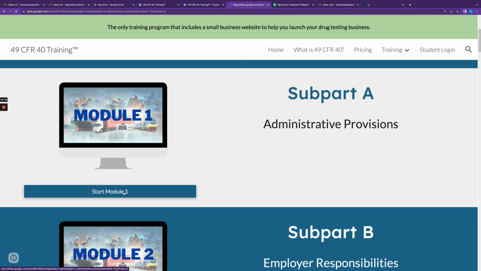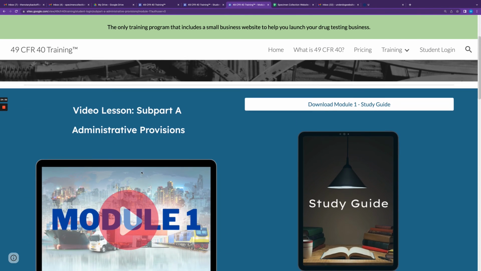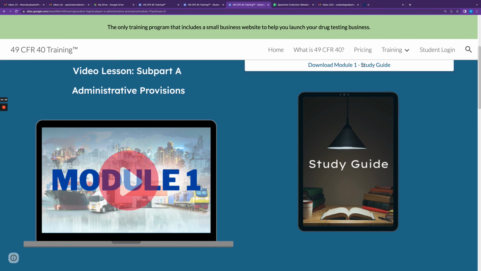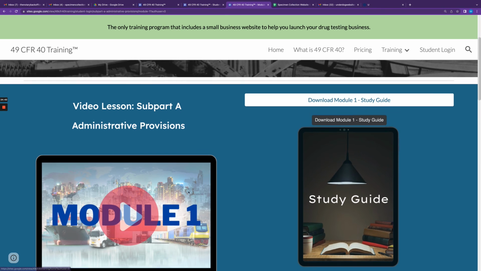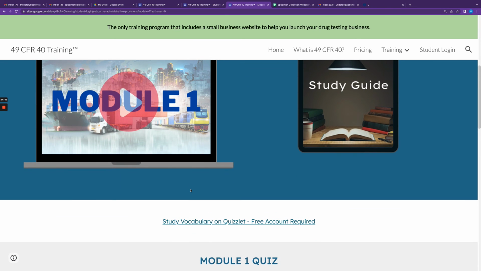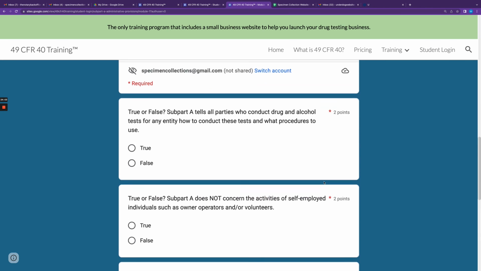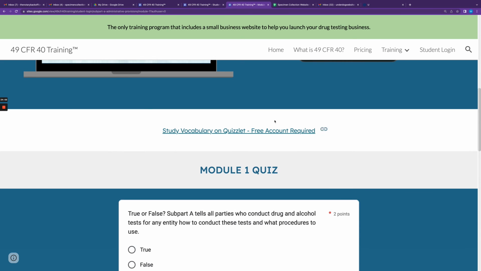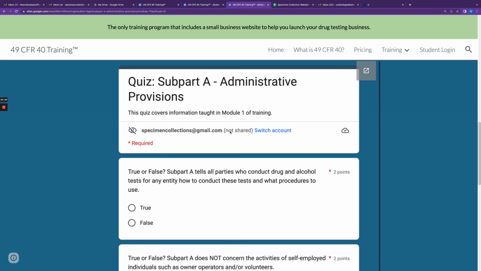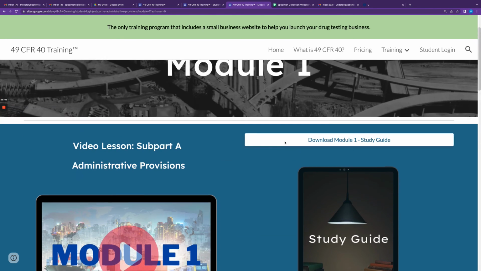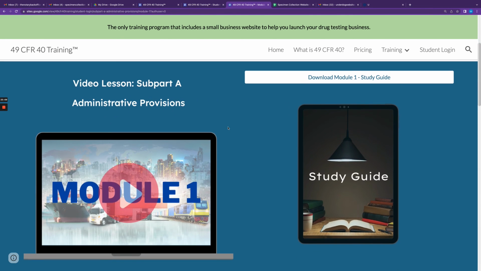So once they log in and go to the module that they're going to start with, then they will have access to a study guide and video lesson. So we have audio and visual, and then we have interactive quizzes that will be included when we can or when it makes sense, because each module will also have a big quiz. So we don't want to inundate people with quizzes, but in module 1 we have a double quiz because we have a vocabulary quiz and of course the module quiz itself, right?